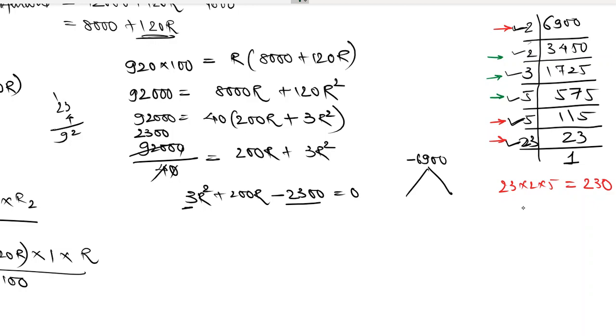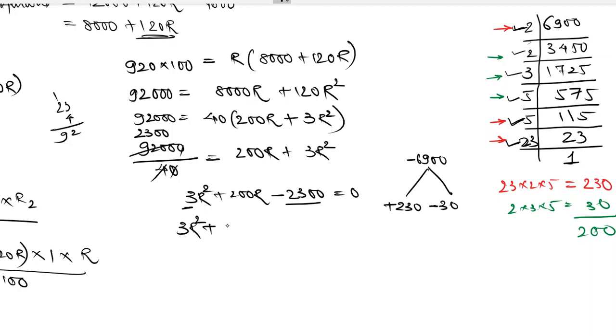So 2 3s are 6, 5s are 30. 2 into 3 into 5 will give me 30, and their difference is 200. So we've got it. The factors will be 230, 30. I want plus 200, so this will be plus, this will be minus, right? So 3r square plus